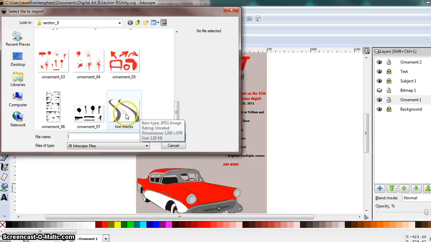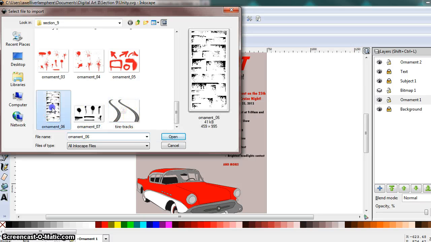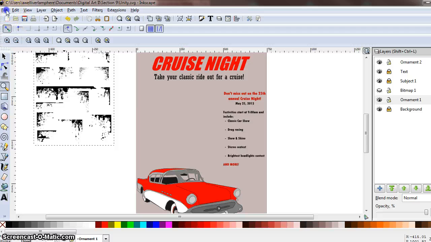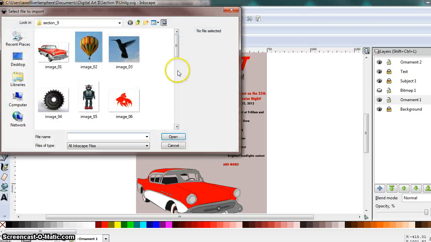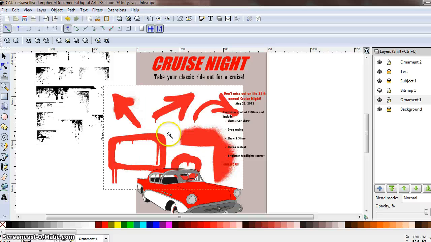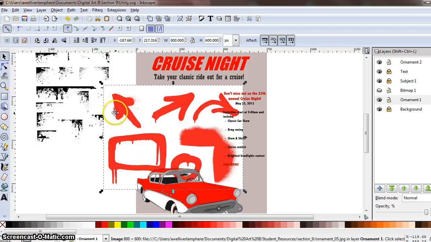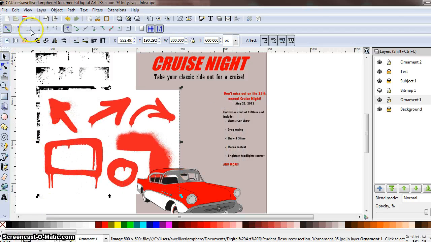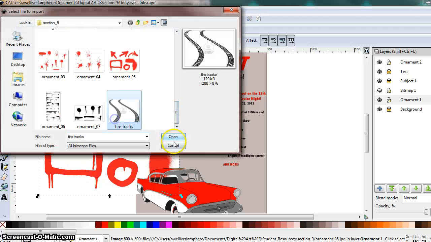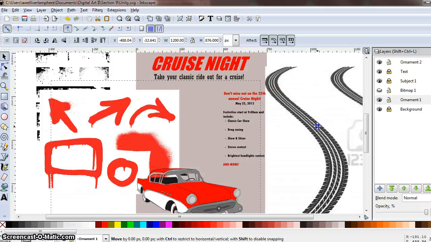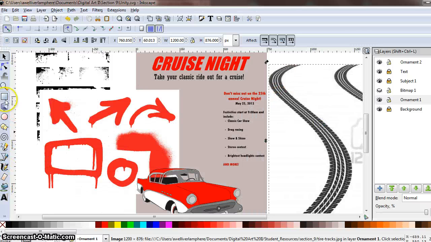So I actually went and found some tire tracks that I plan to add, but I think I might experiment with a couple of these. So I'll open up a few of these images and kind of do some experimenting. Let me open one more. My tire tracks. Okay, so now what you're going to do, let me zoom out a little bit, is you're